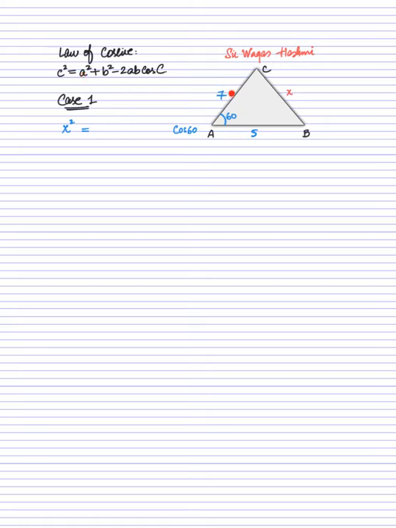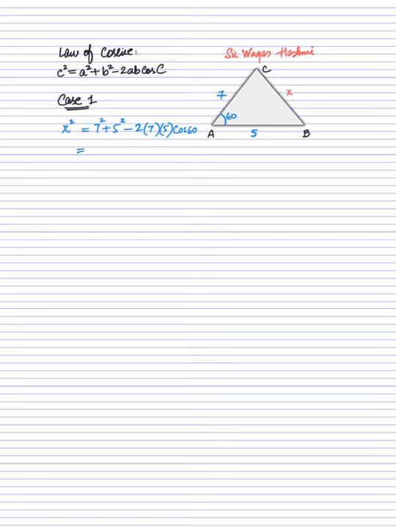In a triangle there are three sides. We have picked x, that means the remaining two sides are 7 and 5. So it will be 7 square plus 5 square, and after that these two sides are multiplied with 2. So it will be minus 2 times 7 times 5, and you have the cos of the angle along with it, as you can see in your working formula. So that is the easiest way to write down the working formula of cosine.